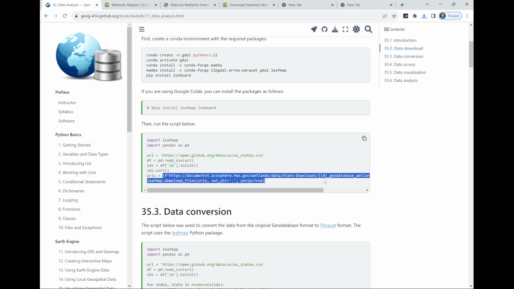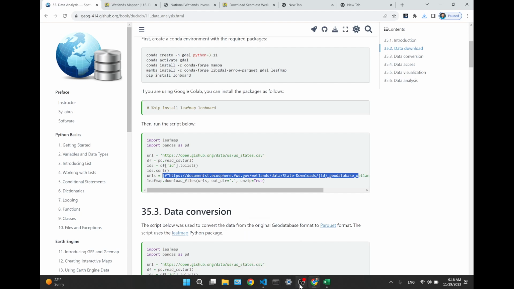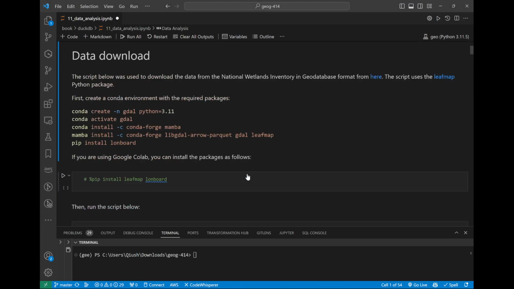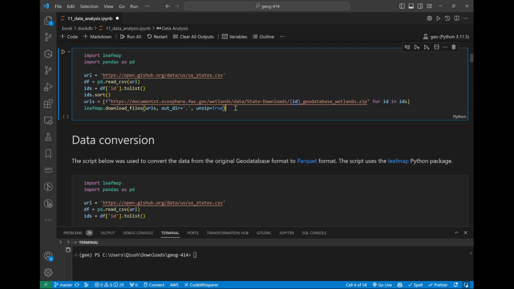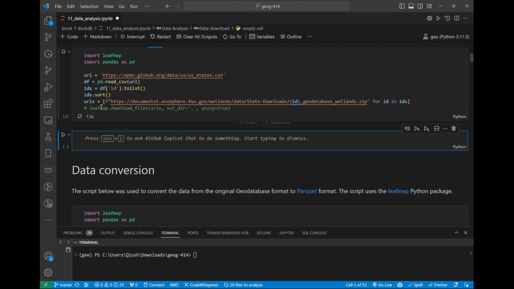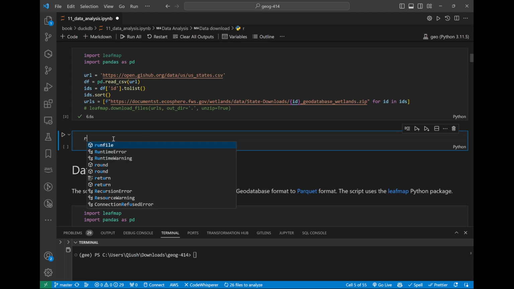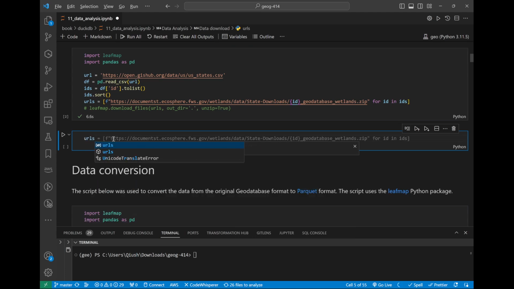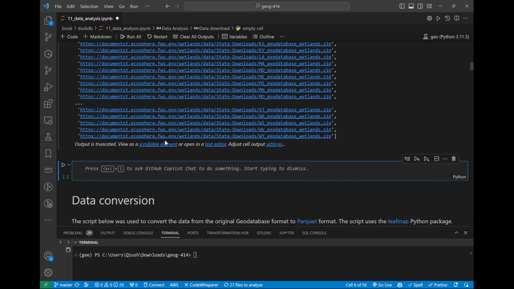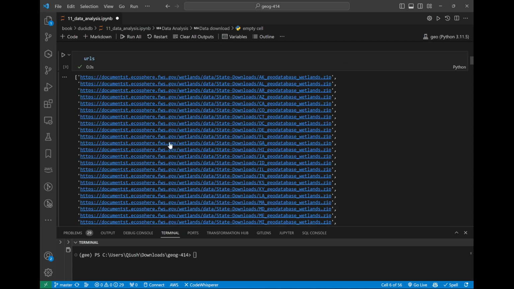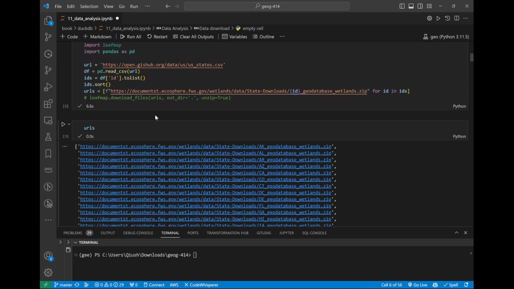So this one actually shows you all the states. Maybe I can come back to here to show you. Let me comment out the last one so I don't download it yet. Run this one, and you basically get the URL. So all the 51 URLs, 50 states plus DC. Make sense? So right now, we're getting all the URLs, and with that, you can just call the leafmap function